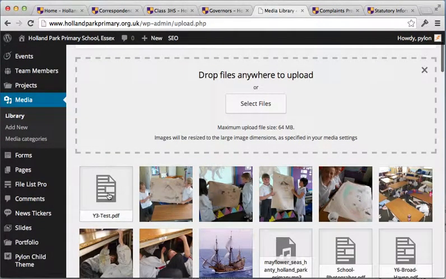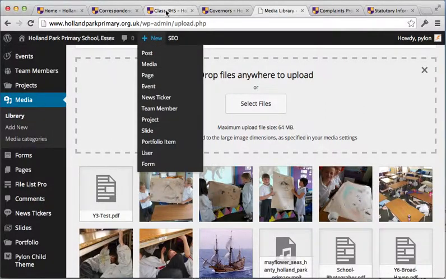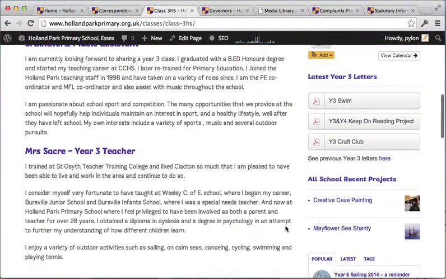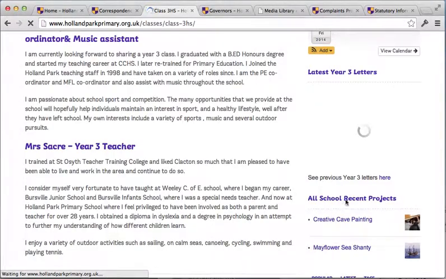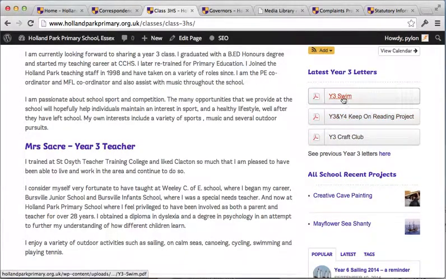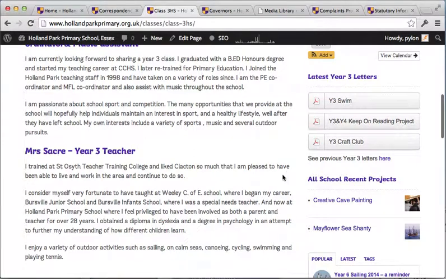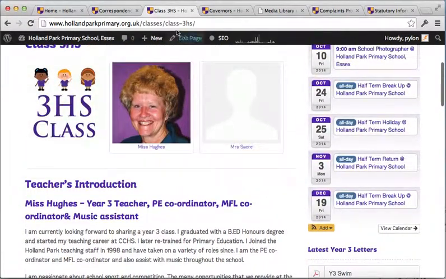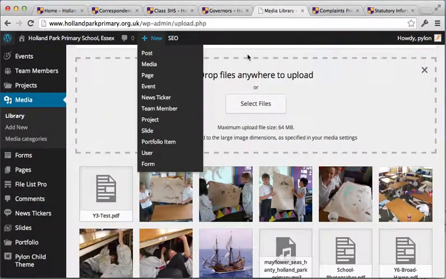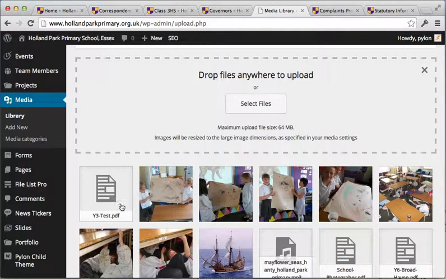That's the latest one. Now I've uploaded this Year 3 document, and if I look at, say, Class 3H, you'd expect possibly for it to appear there, but it hasn't, because it doesn't know it's meant to go there. We have to give it a little bit of information. And where do we do that? So if we just click on this uploaded document,